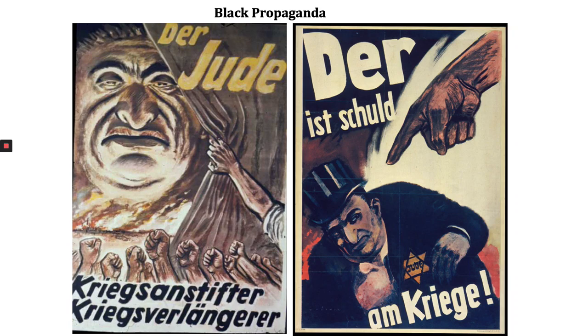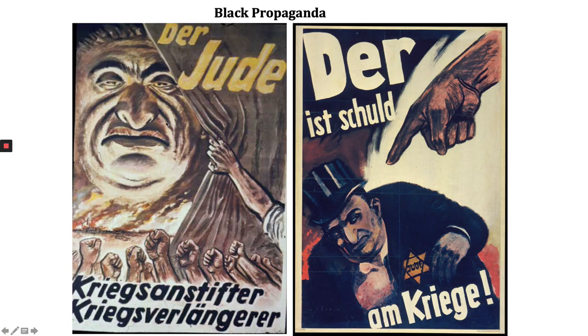Black propaganda uses exaggerated or outrageously false claims to control and manipulate others. And here's some more Nazi propaganda. This says who is responsible for the war. It is the Jew. Here pointing the finger, so they're blaming the Jewish people for World War I. Or who's the one that's behind the curtain, right? Is the Jewish individual. If we pull back the curtain, then you can see the destruction of Europe, the destruction of the world. Is the Jewish individual that's